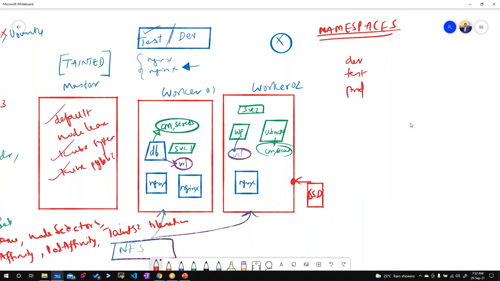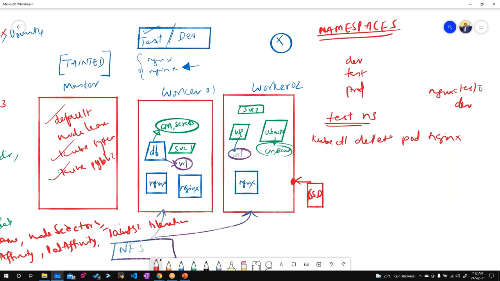Let's say I have an Nginx pod running in both test and dev. My default access is the test namespace. I can simply do kubectl delete pod nginx, and since I'm already in the test namespace, it gets deleted.